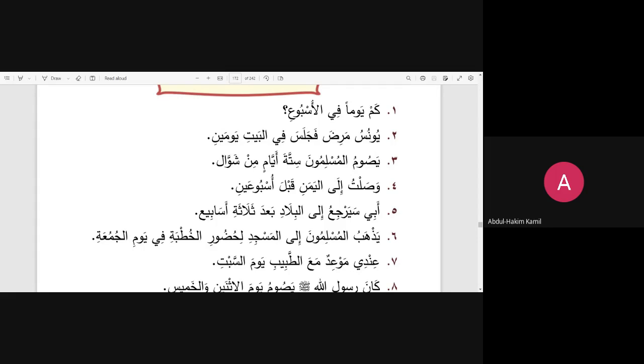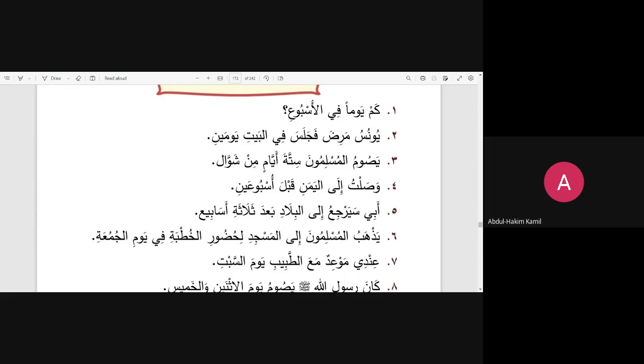أسبوعين. Throw that fishing net out. Catch all the words. No fishing rods here. You're only going to catch one fish. Throw out that fishing net when I'm speaking. Throw that net out. Catch all the words. وصلت إلى اليمن قبل أسبوعين. نعم. One more time.